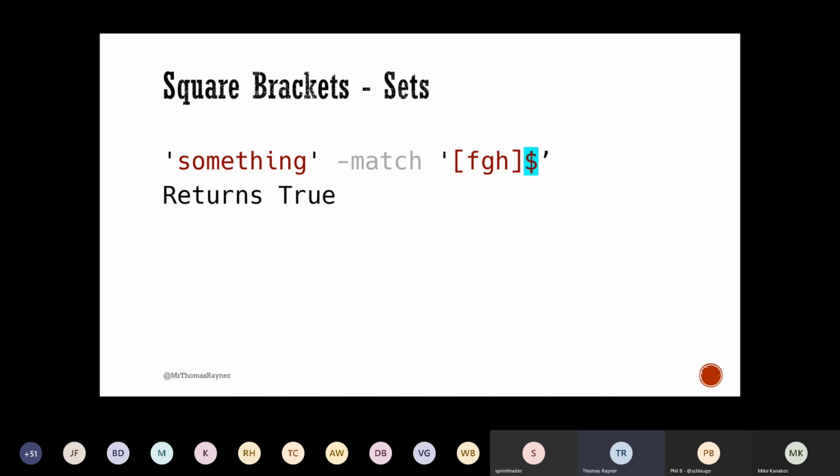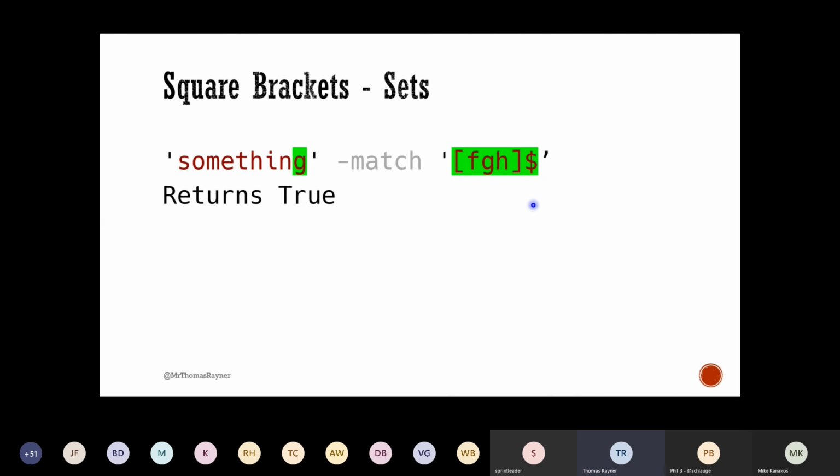This returns true because the end of the line is going to be the end of the line, right? And so what I'm really saying is the last character is the character that comes before the end of the line, F or G or H. That's what this says. It's saying F or G or H in a 1 character space, and then the end of the line. So end of the line, and then in 1 character space, let's see what it has. Does it have F or G or H? It sure does. So that's my match.